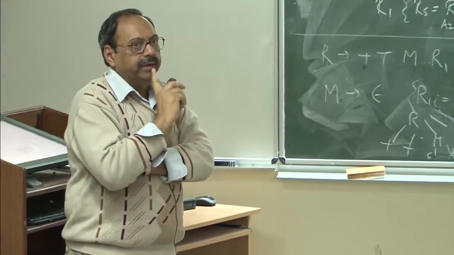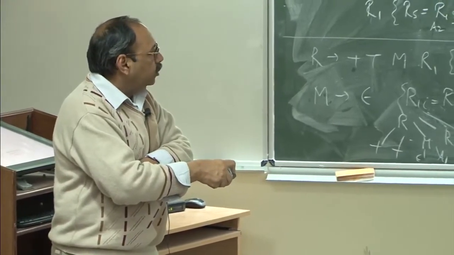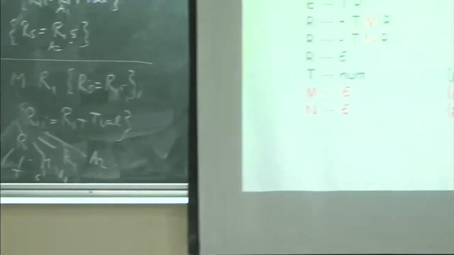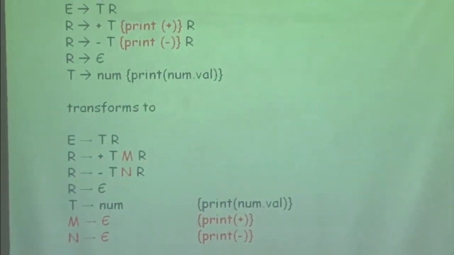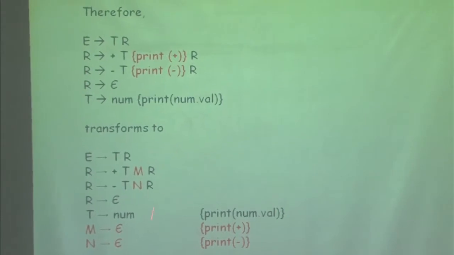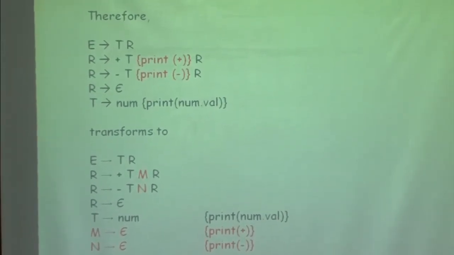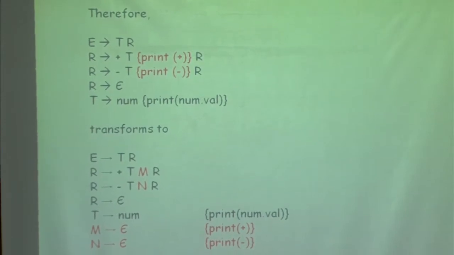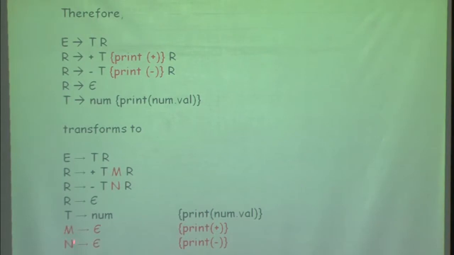So, I will come to that. That is why I am saying that so far I have not introduced attributes corresponding to M and N. So, once I introduce attribute values of M and N, then it will become clear. But right now, if you see this example, this is a lot simpler, where I am just taking some action, I am not computing anything, then at least this will work. About this you are convinced? Okay. So, once I introduce attributes corresponding to M and N, even this question will be answered.